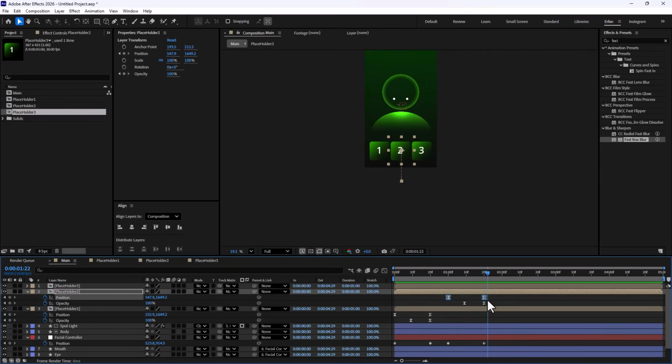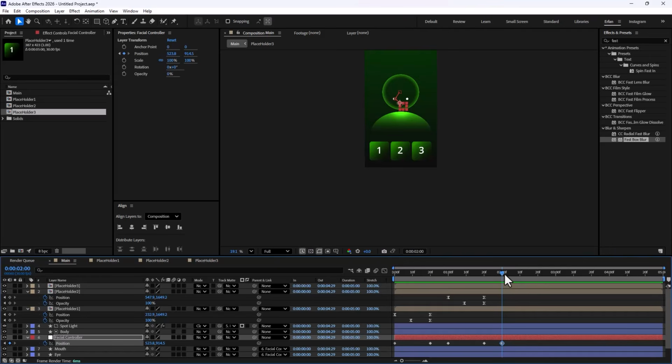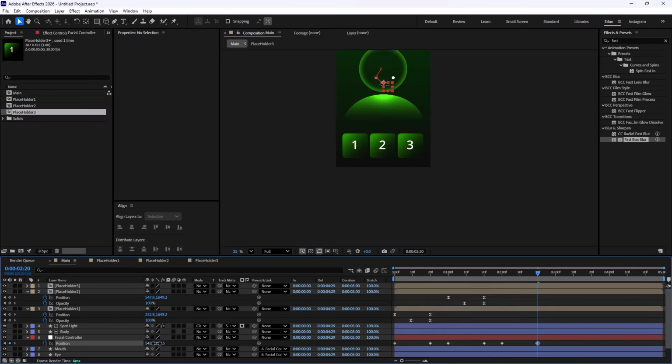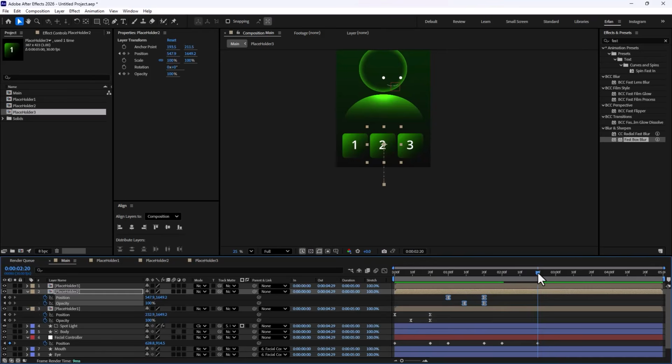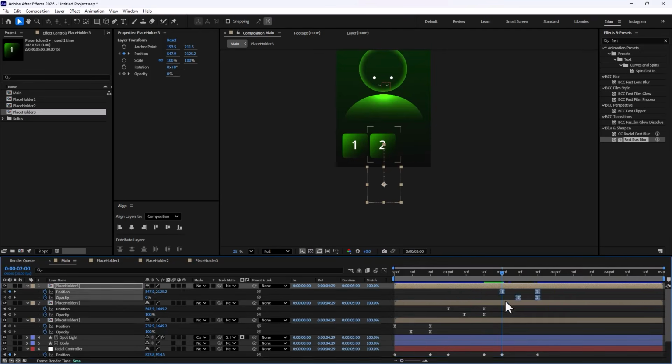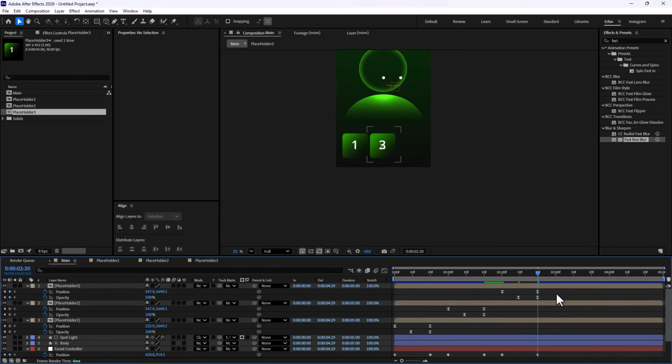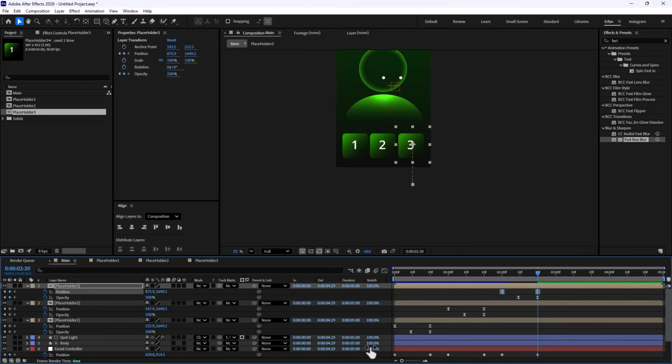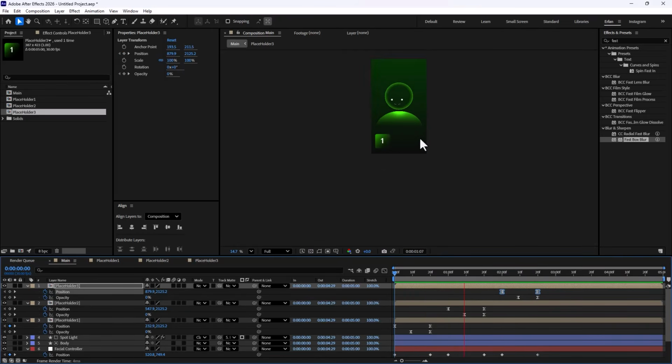Great. Now we're gonna just hold a bit again on the null object that we have in here. We're gonna set another keyframe, and we're gonna go on the 20 frames again. We're gonna just set this null like so. And again, we're gonna just copy the set of keyframes. We're gonna go into the 2 seconds, and then we're gonna just paste it. Again, we're gonna press U to see the keyframes, and we're gonna select the position keyframes, and we're gonna just push them all the way towards here. All right, that looks great. So let's just watch the animation. This is the first one, second one, and third one. All right, that looks great.